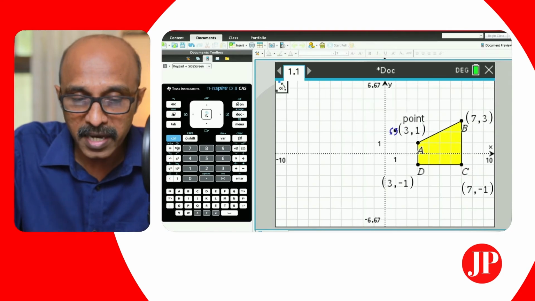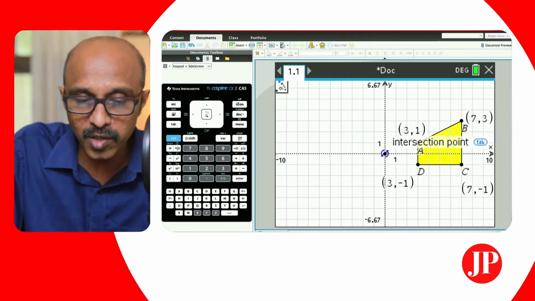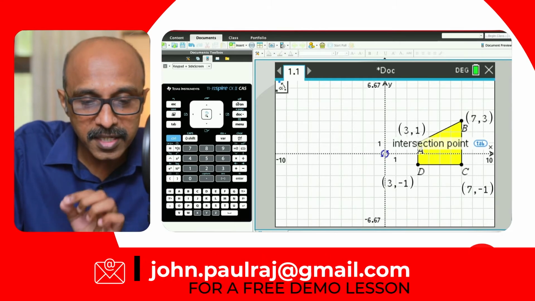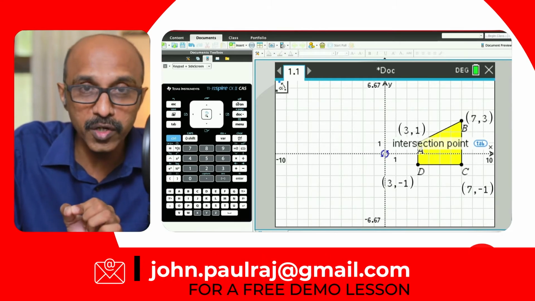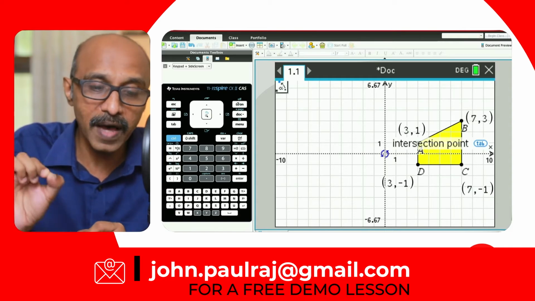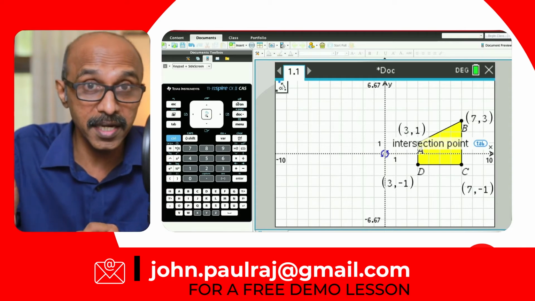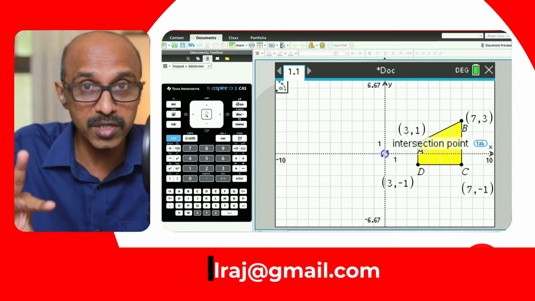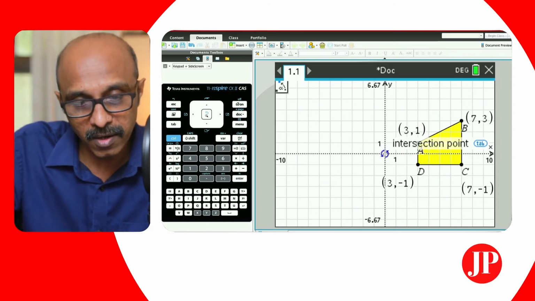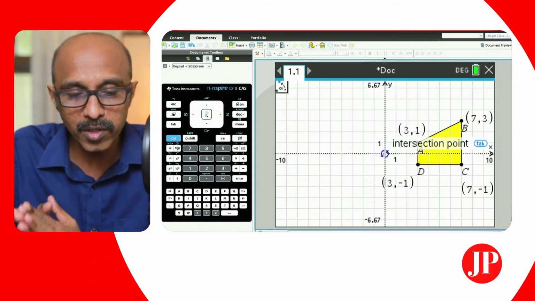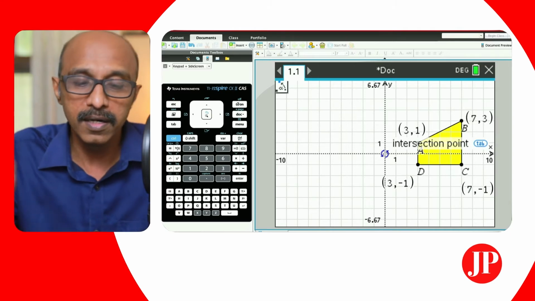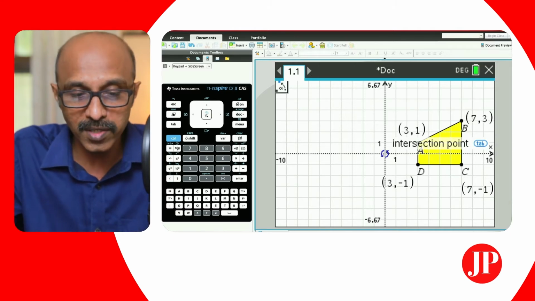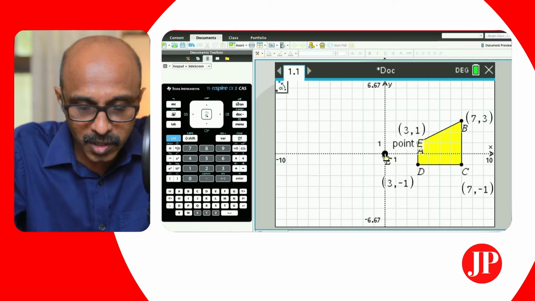So I need to bring it to the center of rotation, and we said it's going to be the origin. Now, when you click this center of rotation, like at 0, 0, immediately you need to type in the value of the angle with a sign, all right? If it is counterclockwise, it's a positive angle. And if it's clockwise, it's a negative angle. We said we want to rotate this about 0, 0, counterclockwise 90, which means it's going to be positive 90. So I'm just going to click there, and I'm going to type in 90.